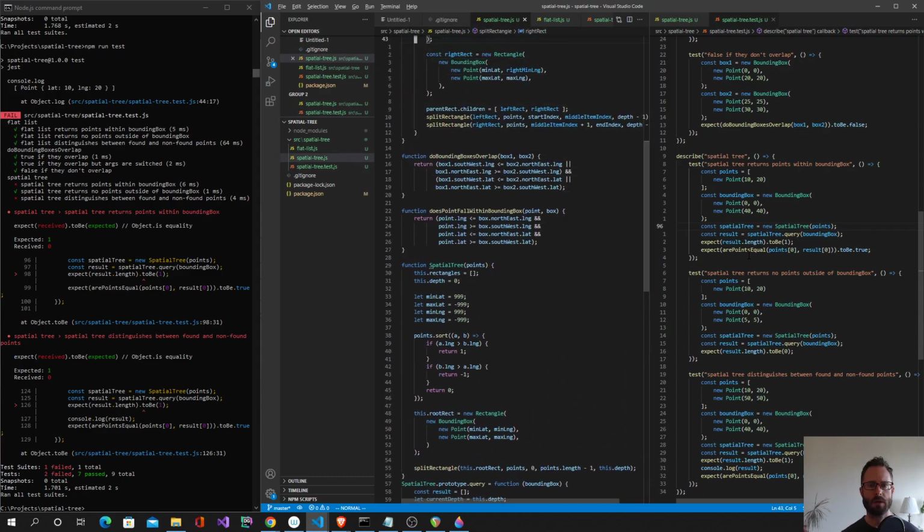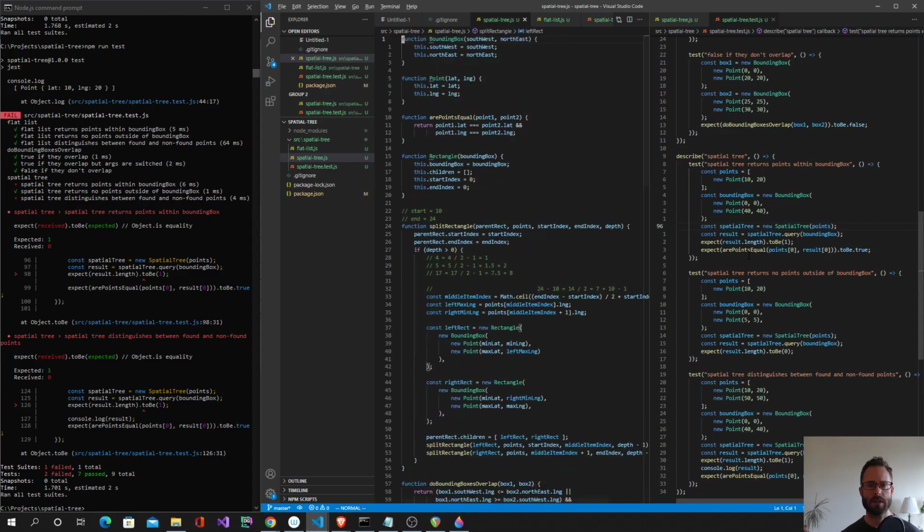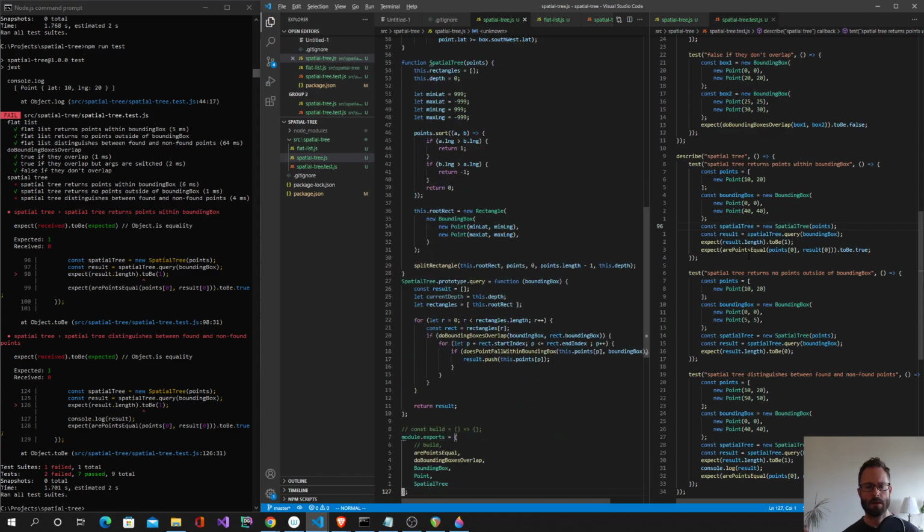Do bounding boxes overlap? Okay, let's see what's happening in our split rectangle and in our rectangle bounding box. So here,